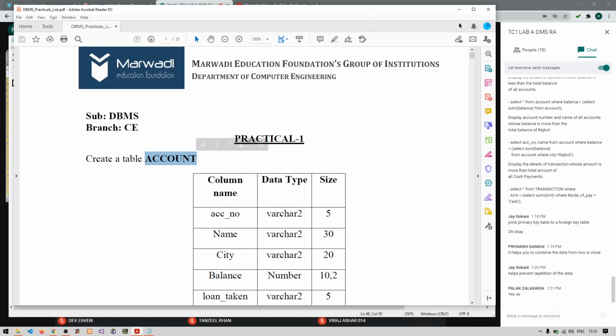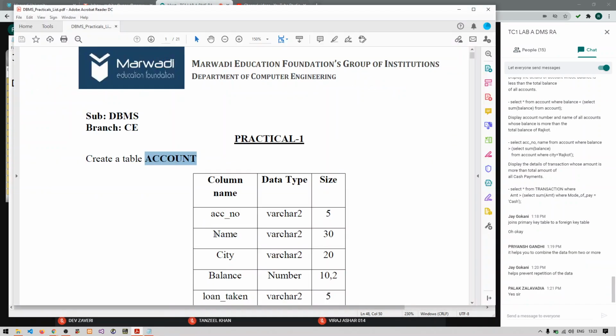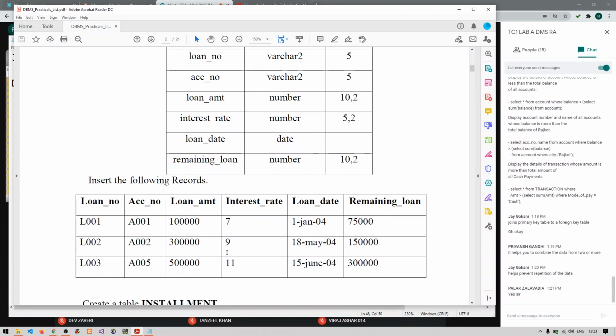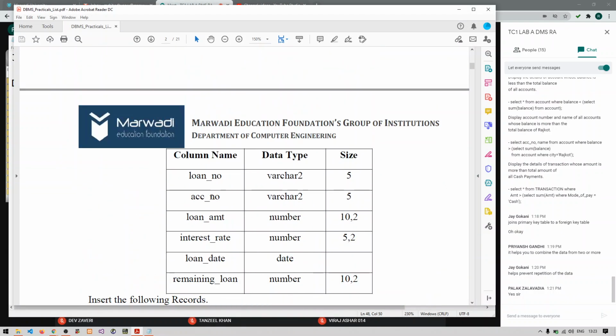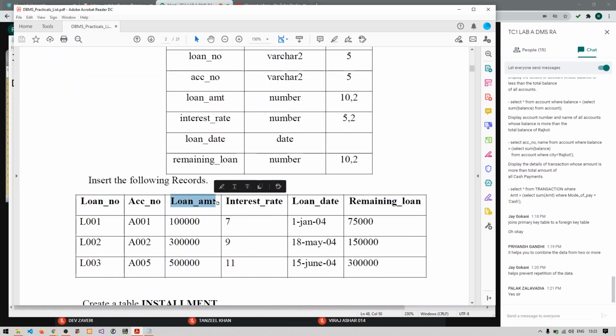And also we want a loan amount. This loan amount can be found from the loan table. You can see this loan table contains the loan amount column.